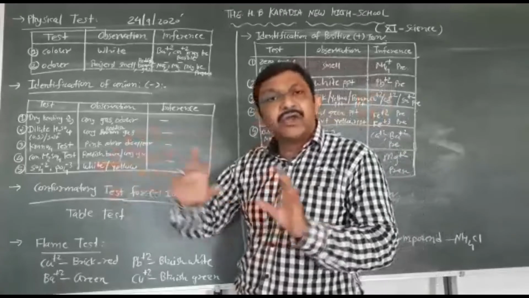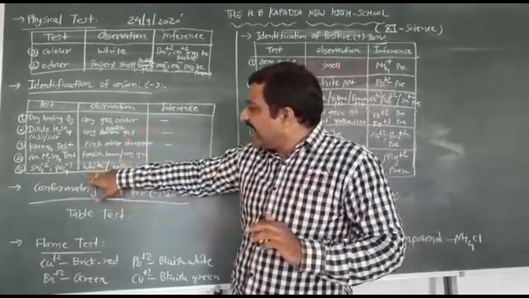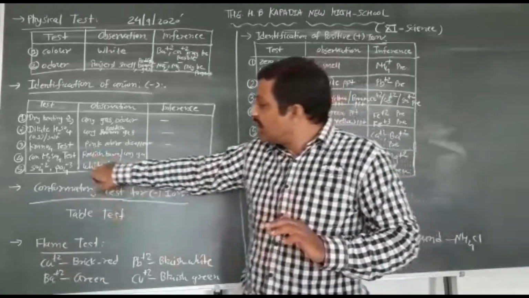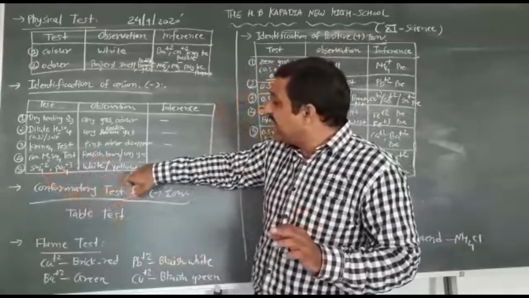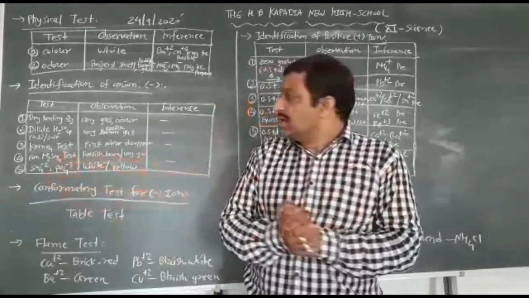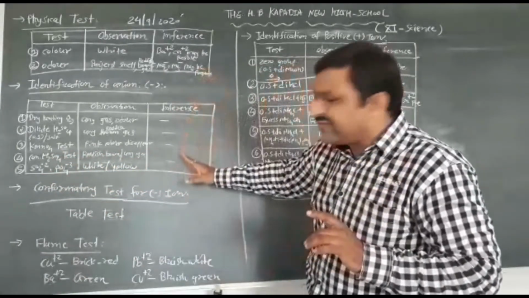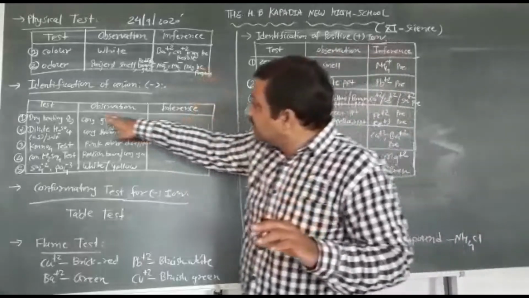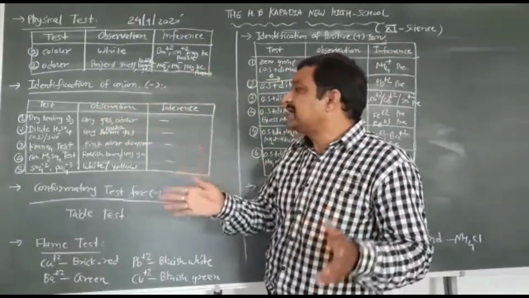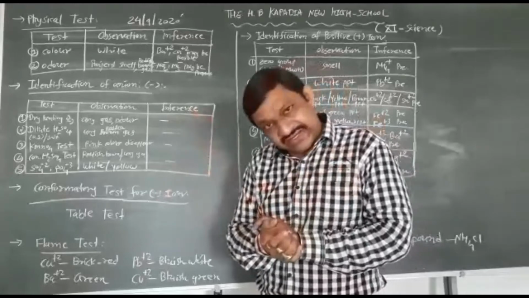The test is given in your manual book. Then you have to find out if any white precipitate is obtained, so sulfate is present, and if any yellow precipitate is present, then phosphate is present. So to find out the negative ion, you have to perform these 5 tests: the dry heating test, dilute sulfuric acid test, KMnO4 test, concentrated sulfuric acid test, and sulfate or phosphate test.